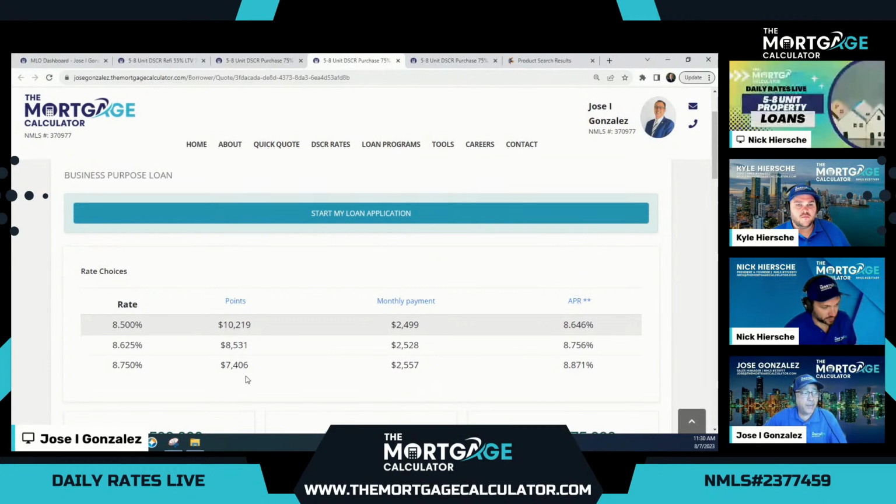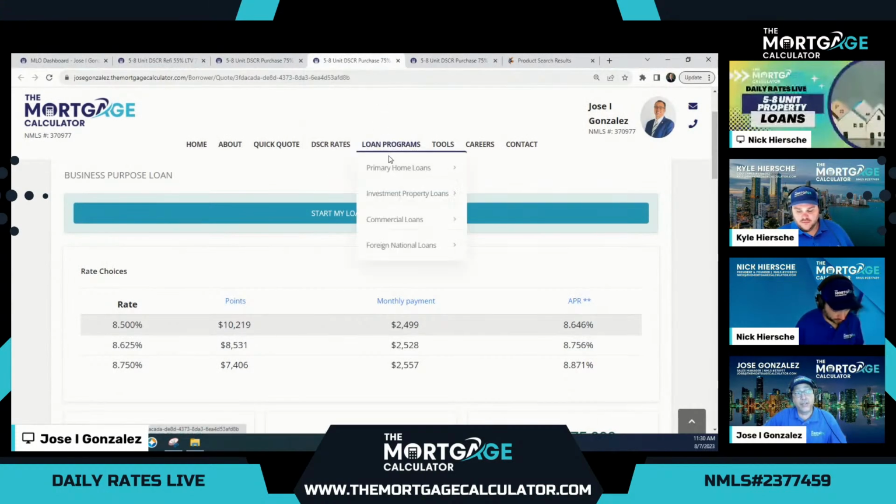But the interest rates are correct at 8.75 as our lowest cost option and 8.5% as our lowest rate option. Now you will see that it is quite a bit of a jump there, but then again, we are dropping down to 65% LTV and we're dropping down to 660 credit score. Right.